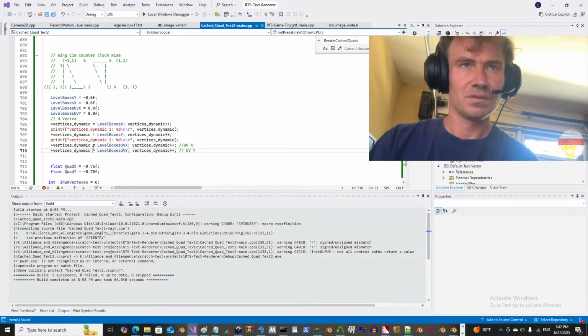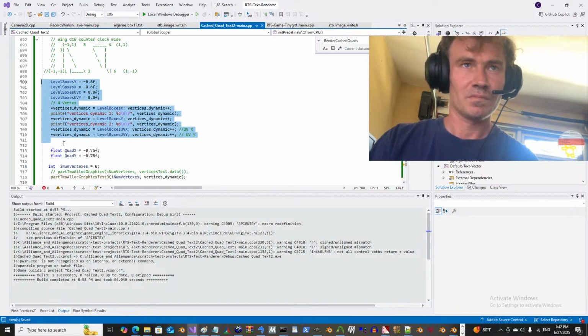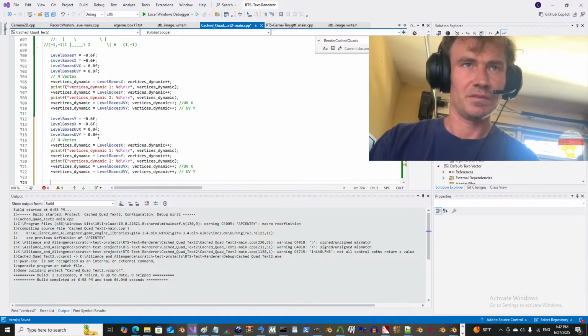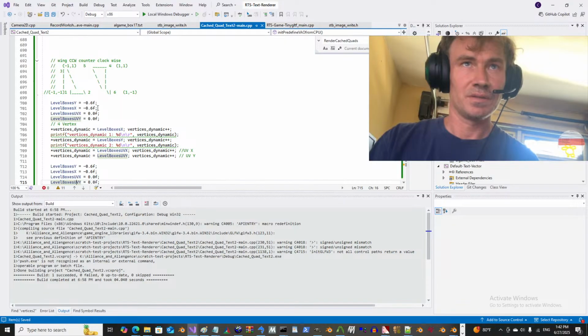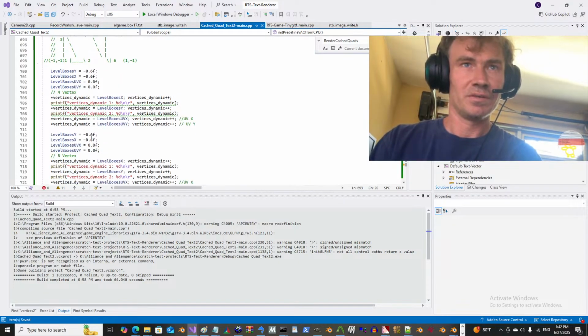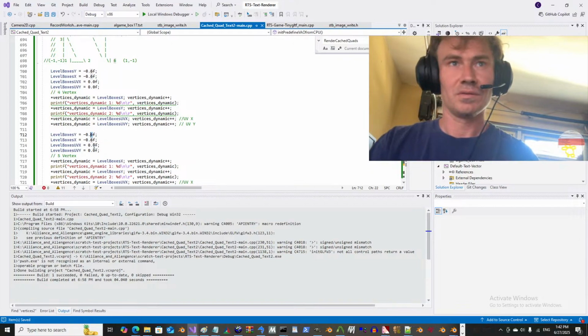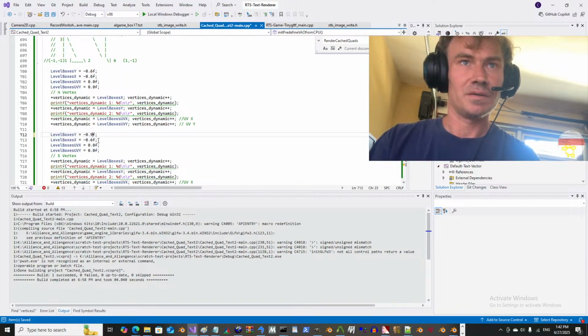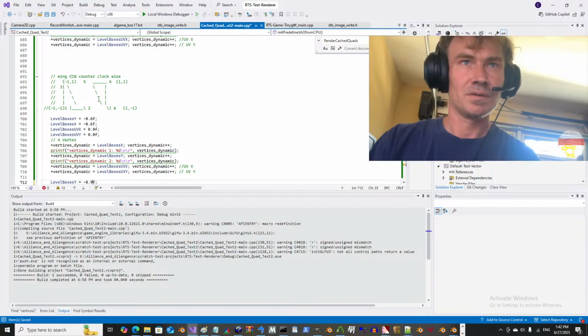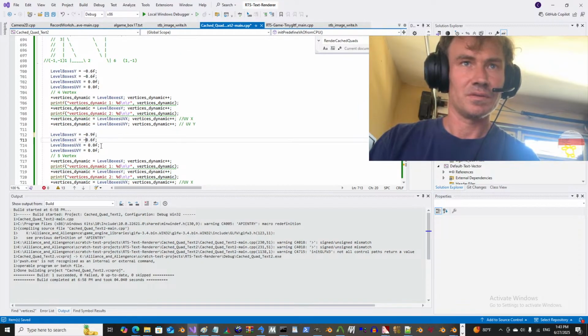Okay. Vertex 5. 5 is x is negative error, and y is positive error. So